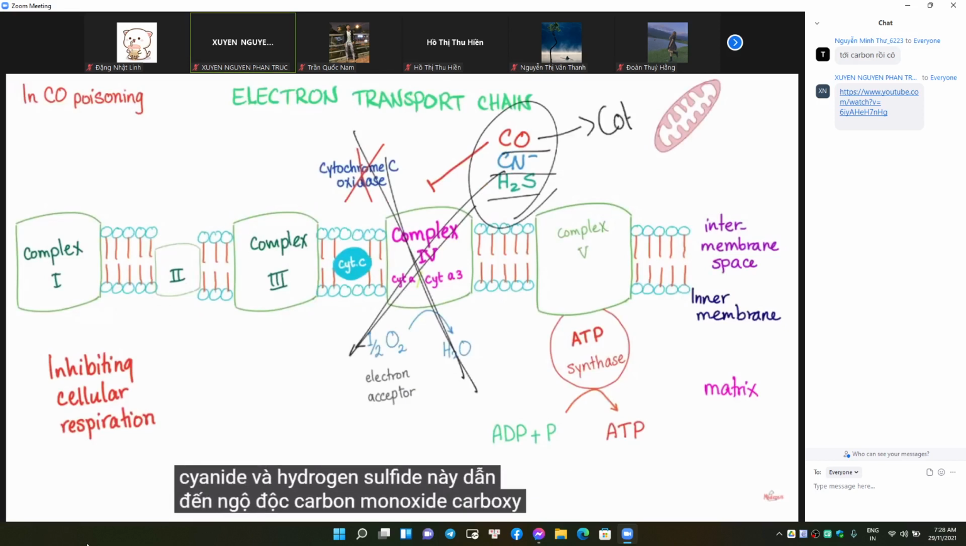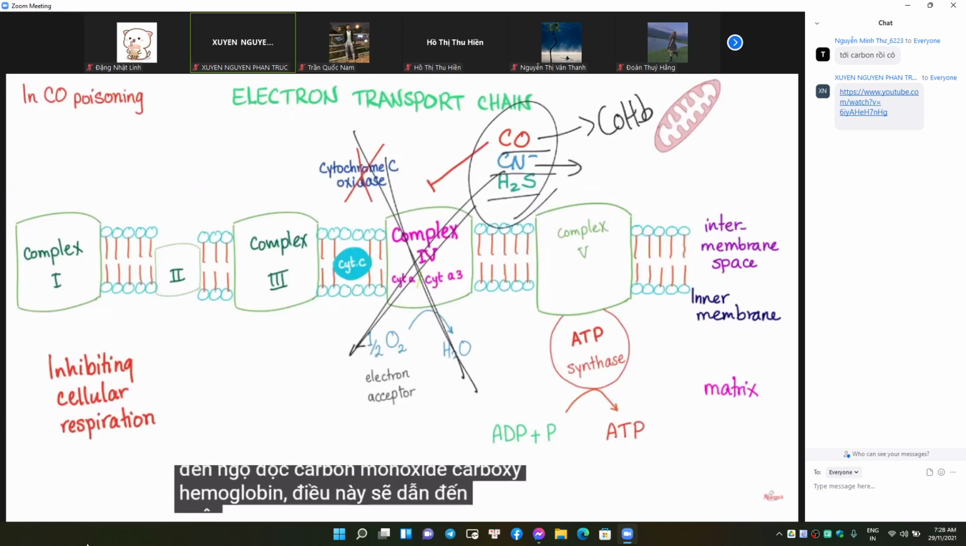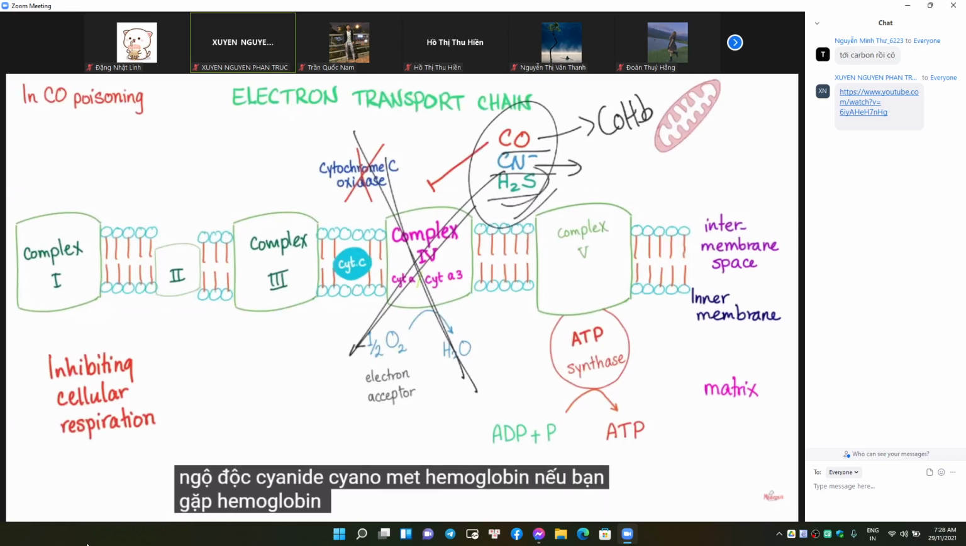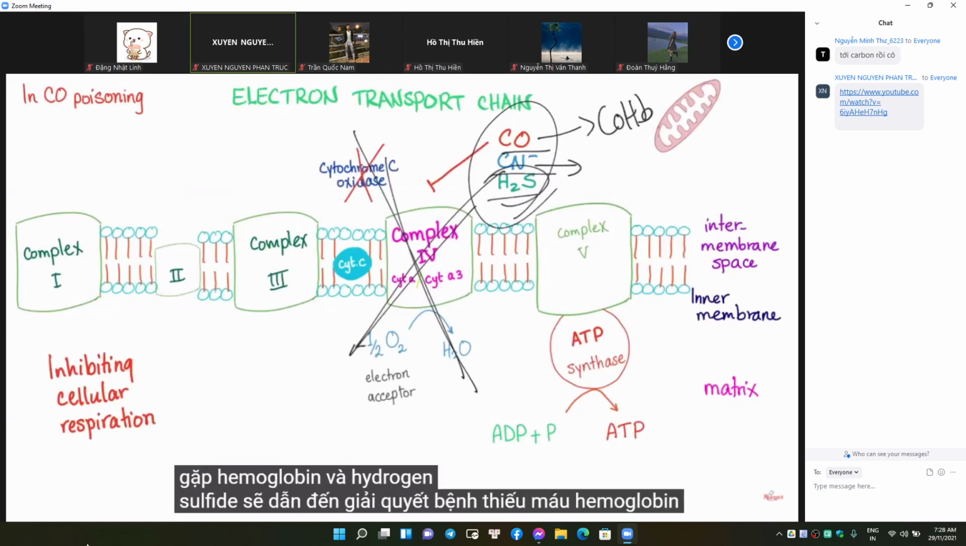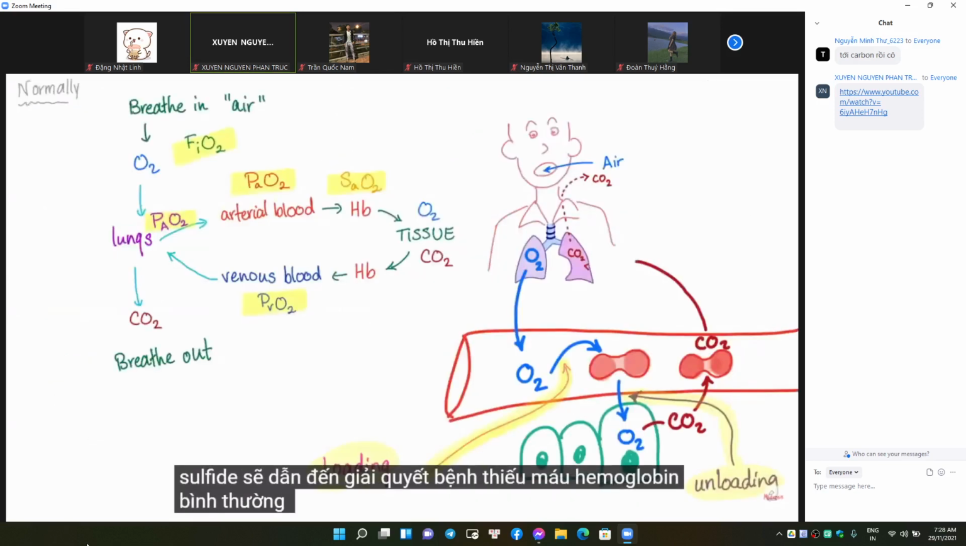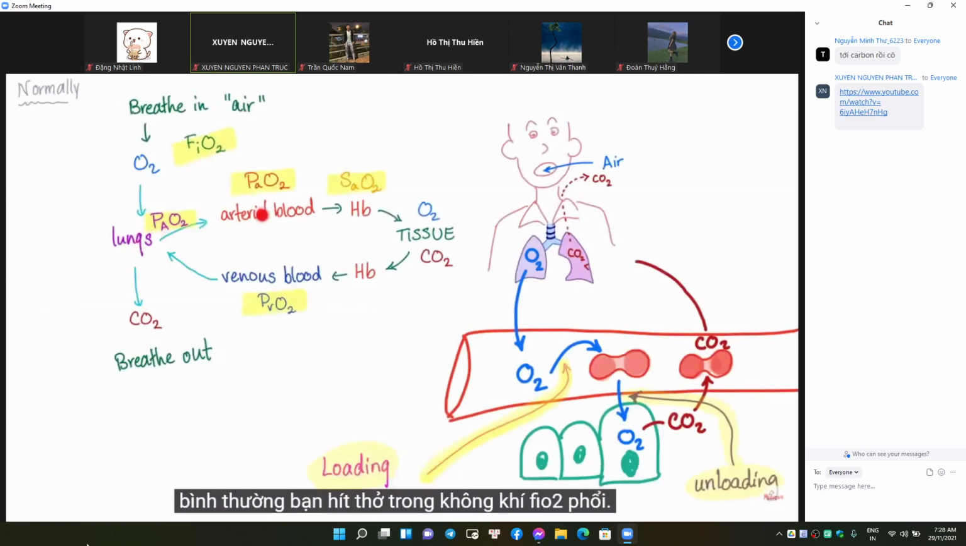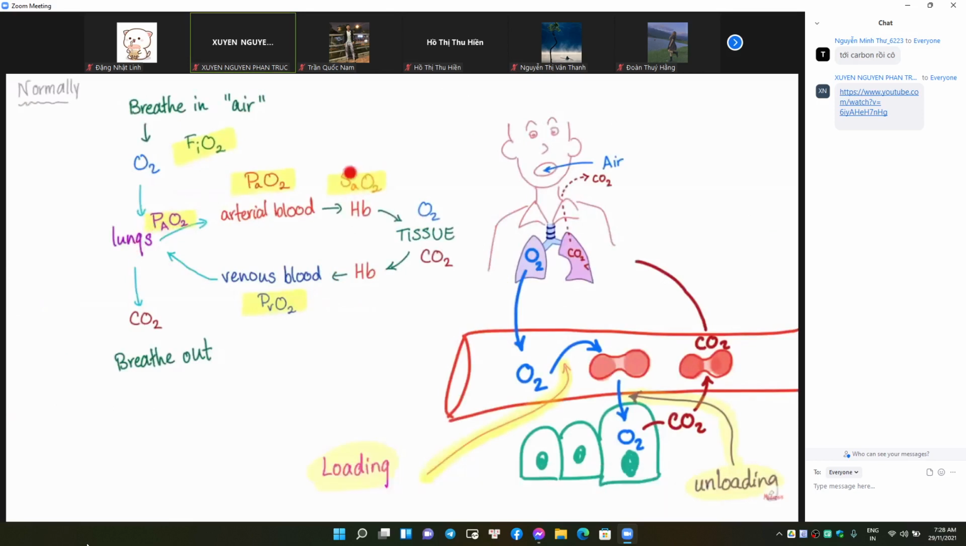This leads to carbon monoxide poisoning, carboxyhemoglobin. This will lead to cyanide poisoning, cyanomethemoglobin if you have methemoglobin. And hydrogen sulfide is going to lead to sulfhemoglobinemia. Normally, you breathe in air FiO2, lungs P big AO2, arterial blood PaO2, on the hemoglobin is SaO2, oxygen